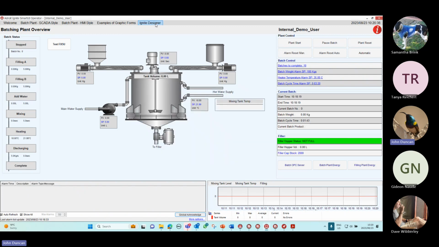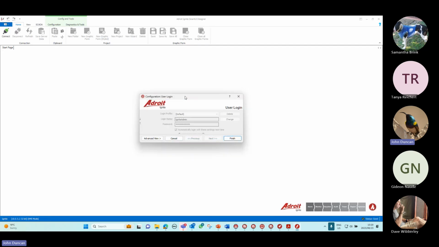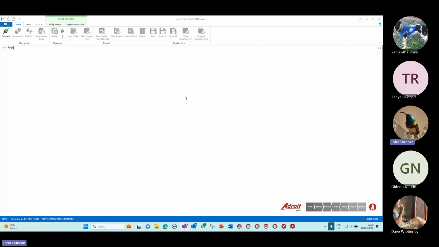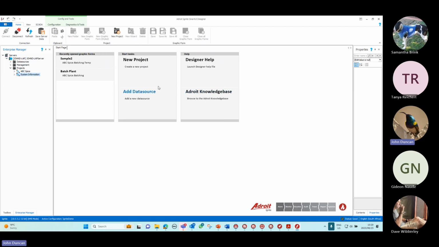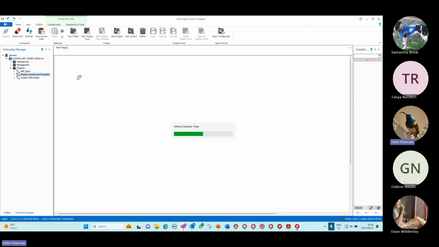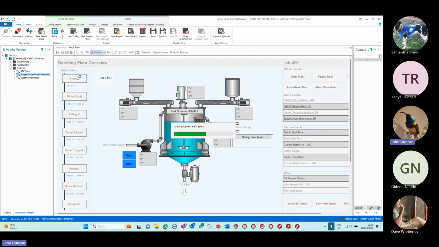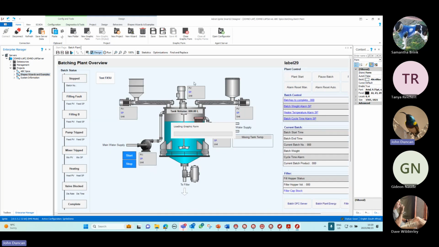So once the designer's running, I will take you through the configuration of the agents. Let's have a look. Open up a mimic so we can see this is where we have our batching mimic and we can configure it. If I open the agent configurator,